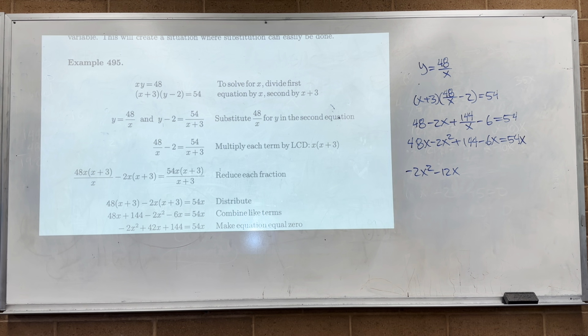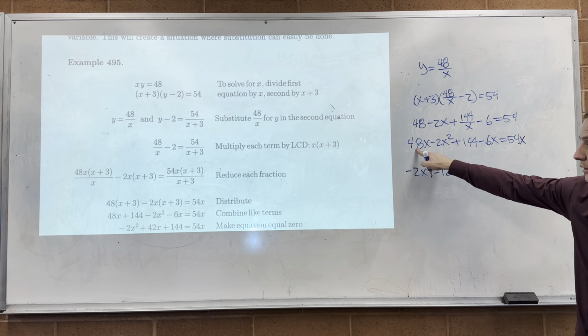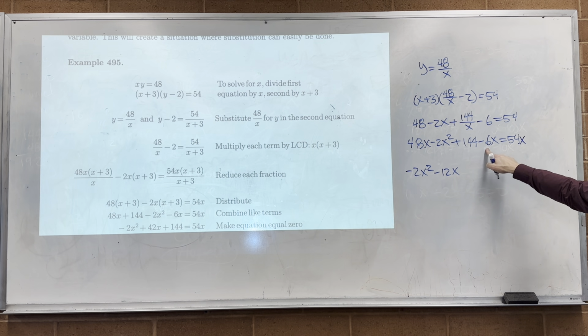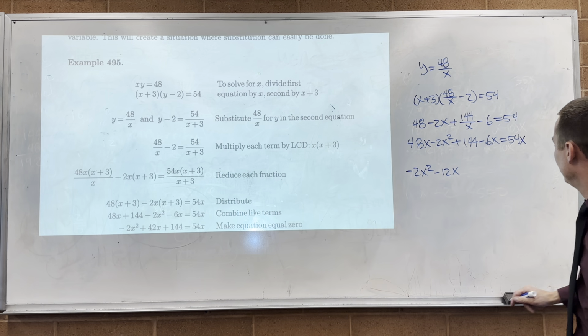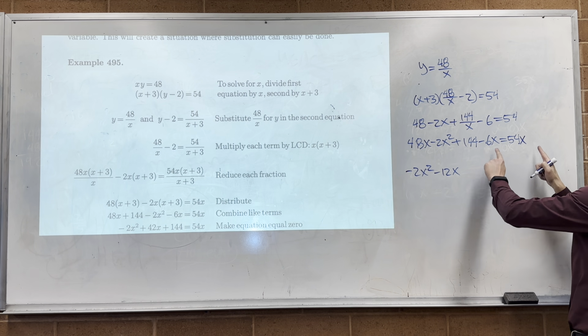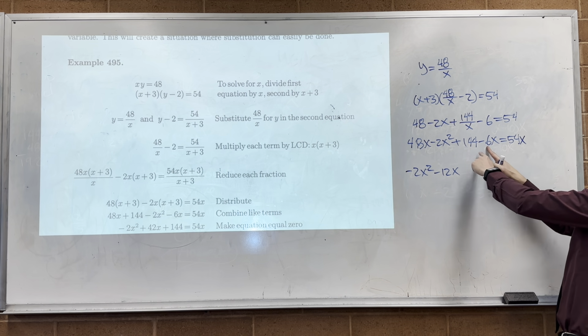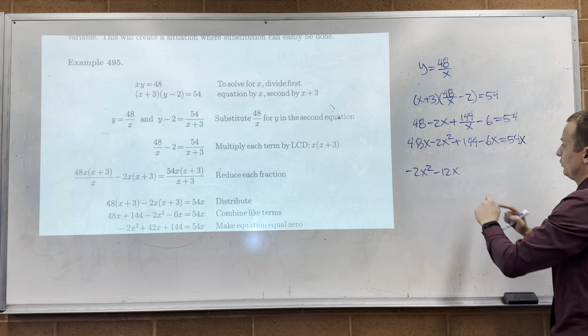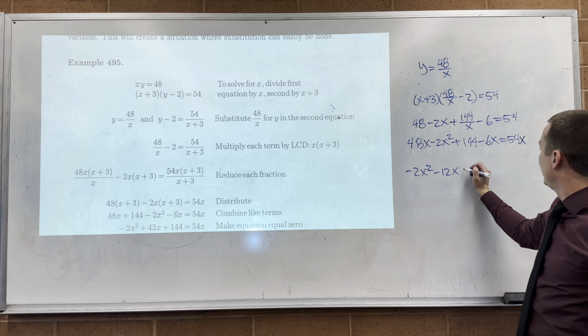Right? Still not getting the same number. Oh, he kept the 54 over there. That's why. Okay, so forget what he's doing, just do what we're doing. So bringing this over makes this a minus 60, add to that is minus 12x. And then finally, we still have plus 144